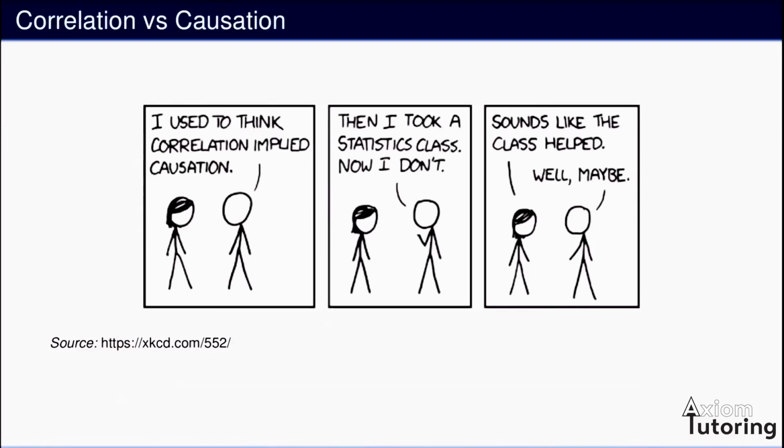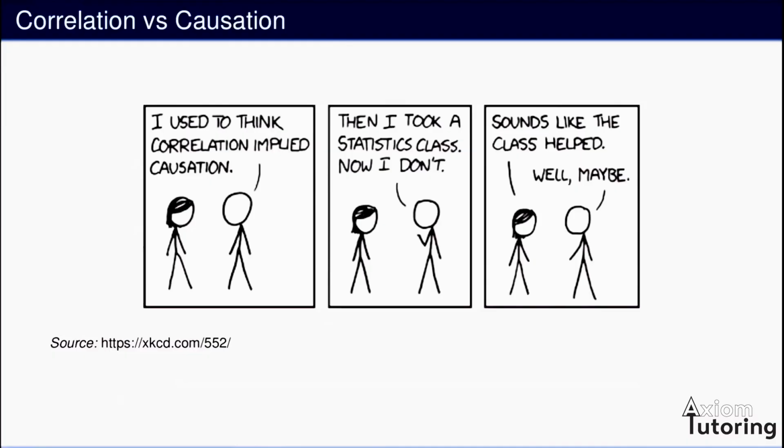And the other person says, sounds like the class helped. To which the man replies, well, maybe. And this shows how easy it is to make that mistake, because when the woman says, sounds like the class helped, that's everyone's reaction when we see this, because it seems quite logical that he didn't understand